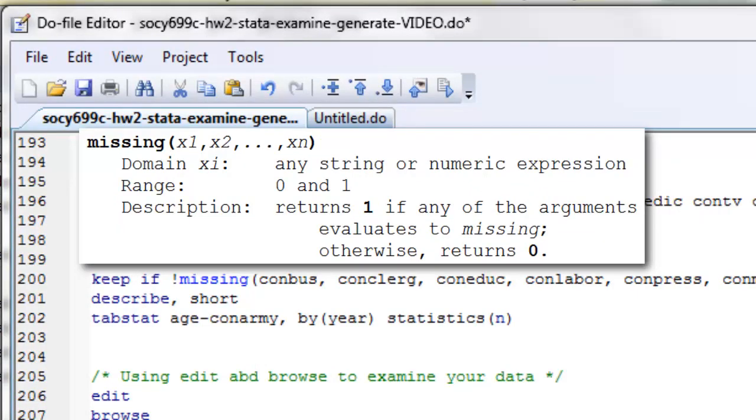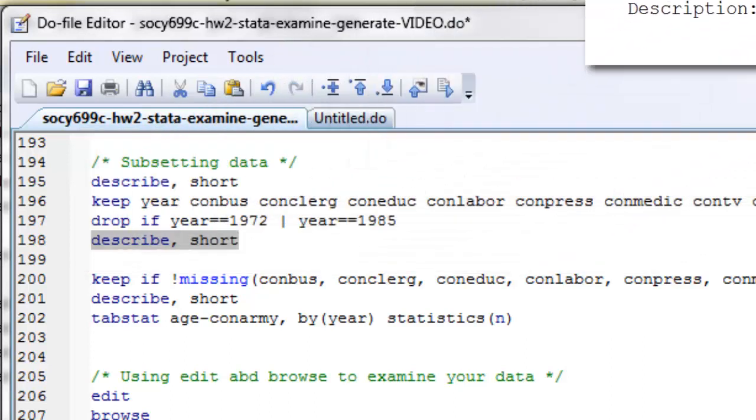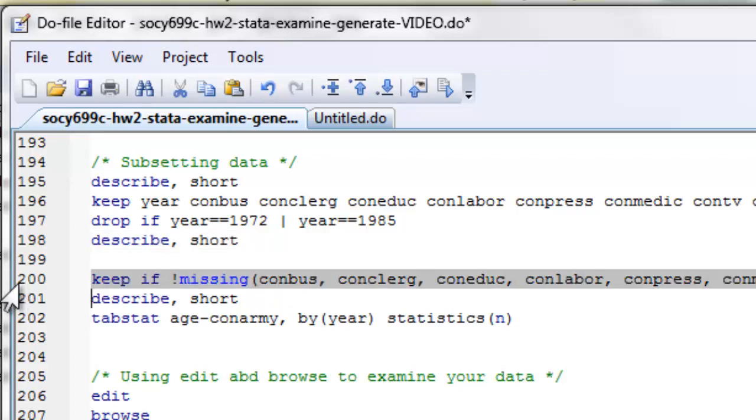Keep if exclamation mark missing. Exclamation mark means not. So keep if not missing, and then I have the list of the variables in my data set that I'm interested in. I didn't put year in that list. I could have, but I know year is never missing. Every respondent has a year they did this General Social Survey. This should take any cases within a year that are missing on any of these variables and drop it from the data set. And again, we can describe this new data set